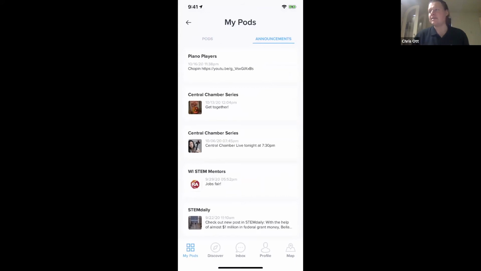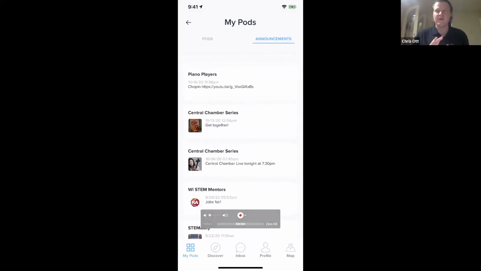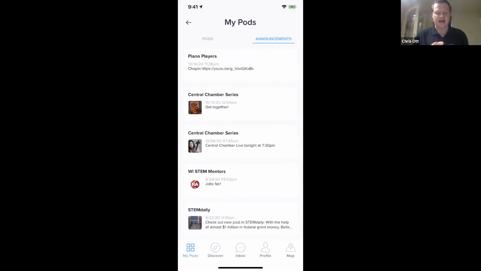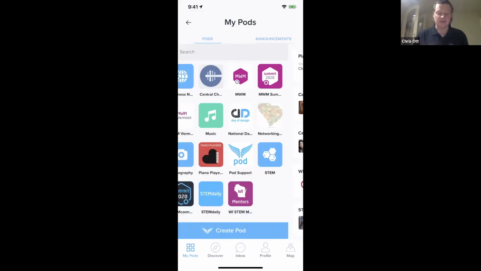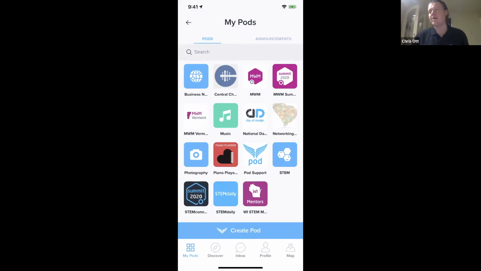Like, you're not gonna get that from the very large social media sites. My phone vibrated, and I was told about a jobs fair from the STEM mentors. And that's really neat. That's a powerful thing if you're a host, because you can let everybody in the pod know about important things, internships, opportunities to just collaborate and speak with other mentors and connect organizations.